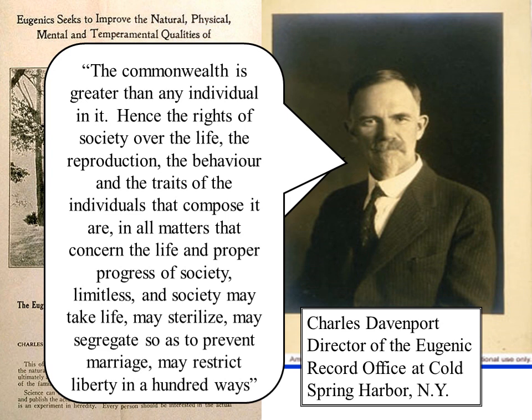Theodore Roosevelt was a big eugenicist. So I think he was president in the 20s? I might be wrong about that. I'm pretty sure it was the 20s. But he was a huge supporter of eugenics and began to support what Davenport was doing here at Cold Spring.